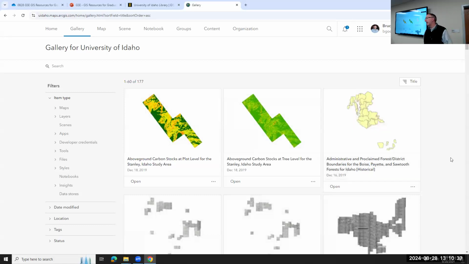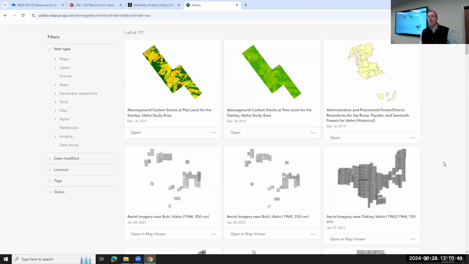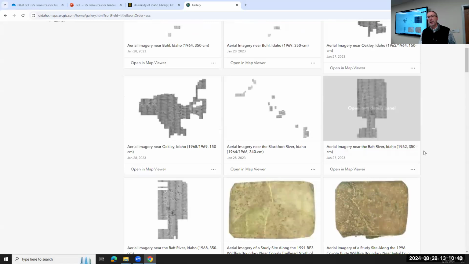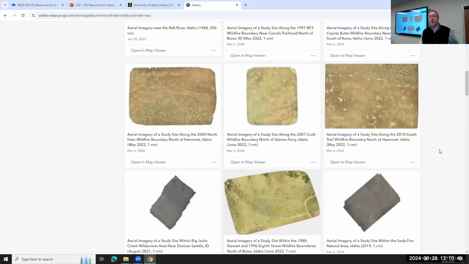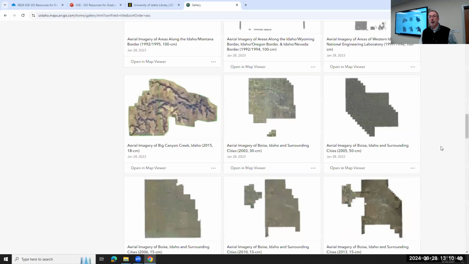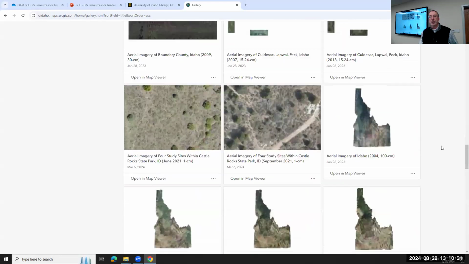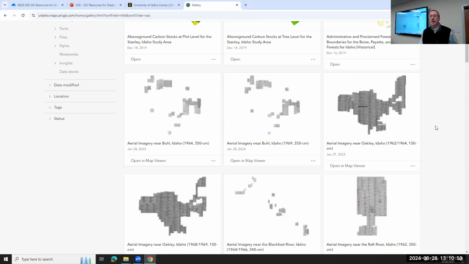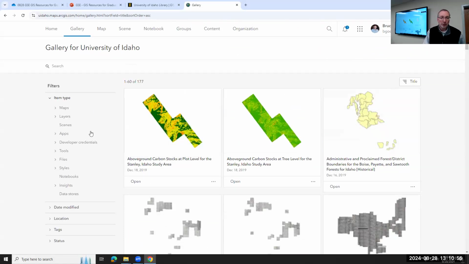Some of these are from research. Some of them are just historical data sets that we've had over the years. A number of them are imagery products that have been made available and shared for different parts of the state. So you can certainly browse the gallery, and you can certainly browse it by what they refer to as an